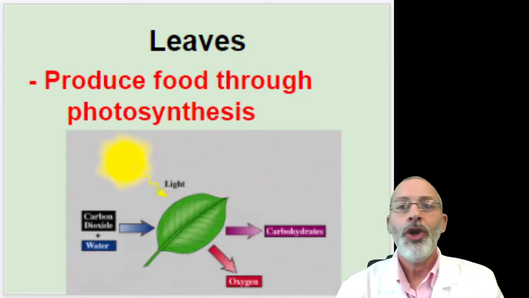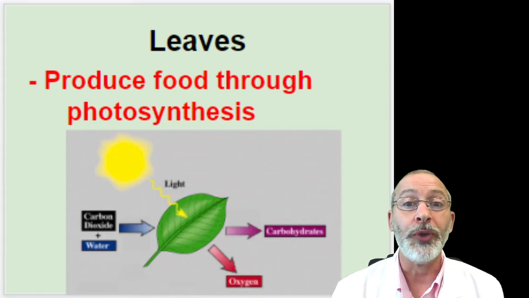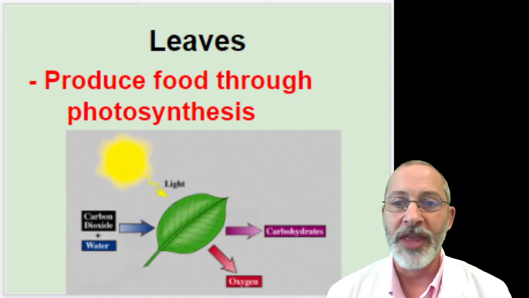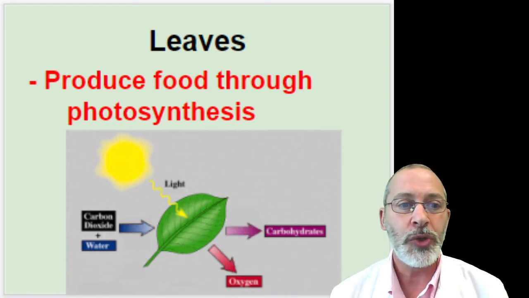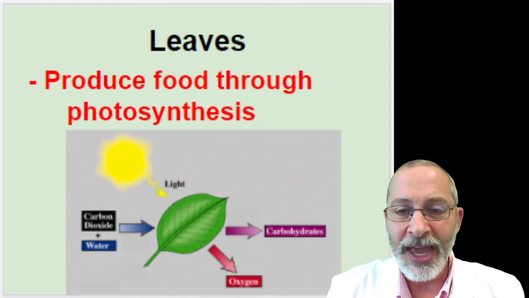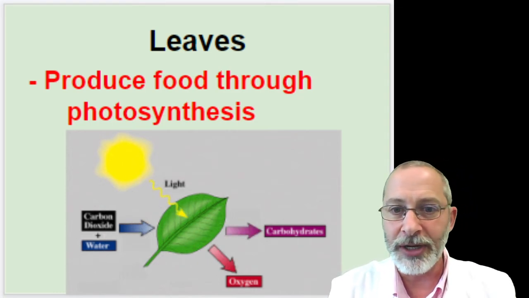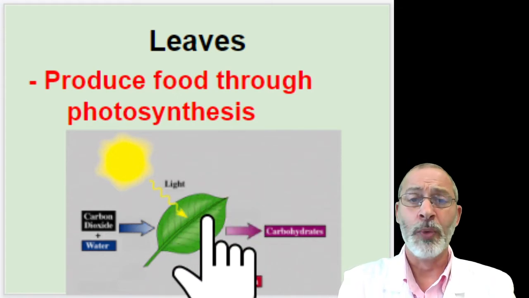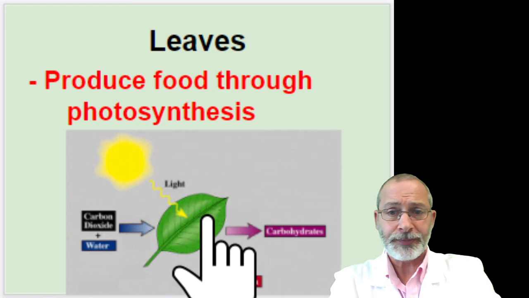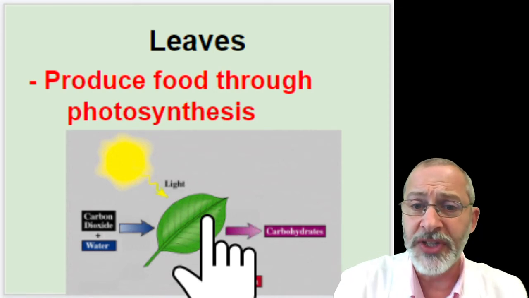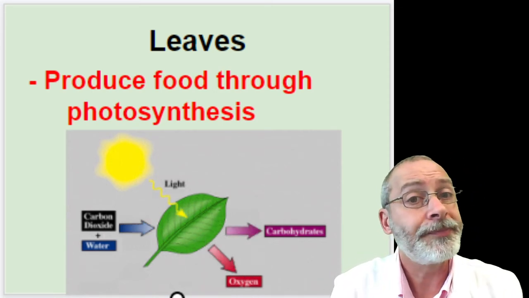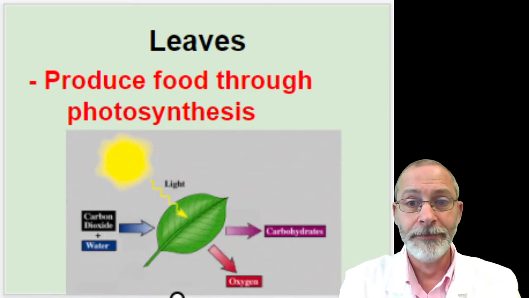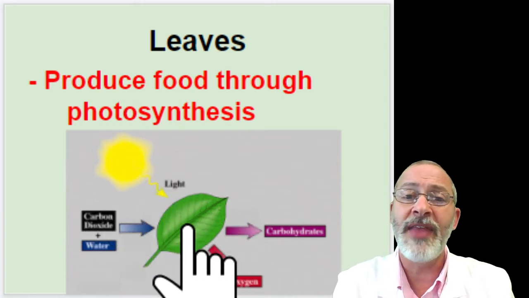Leaves produce food through photosynthesis. Yes, that word that we've all heard, photosynthesis. And just as a quick visual here, I have this animation playing. We've got a green leaf. And what is that green stuff in a leaf that enables it to undergo photosynthesis? It's chlorophyll, found in chloroplasts. And as light shines on that chlorophyll,